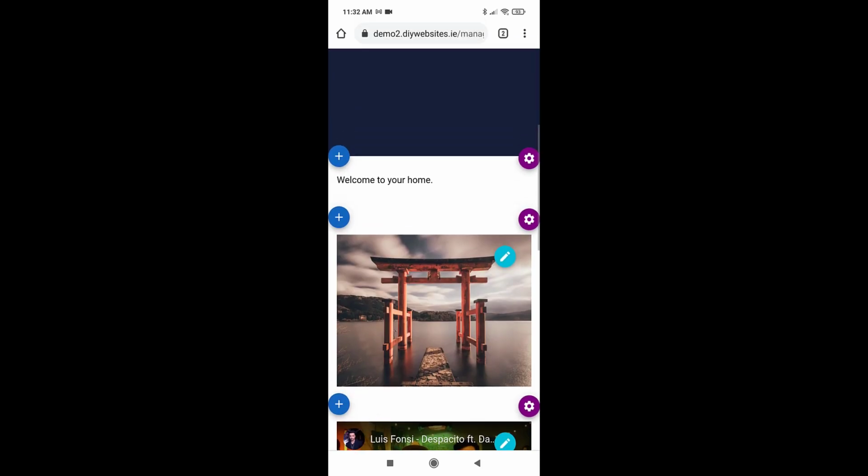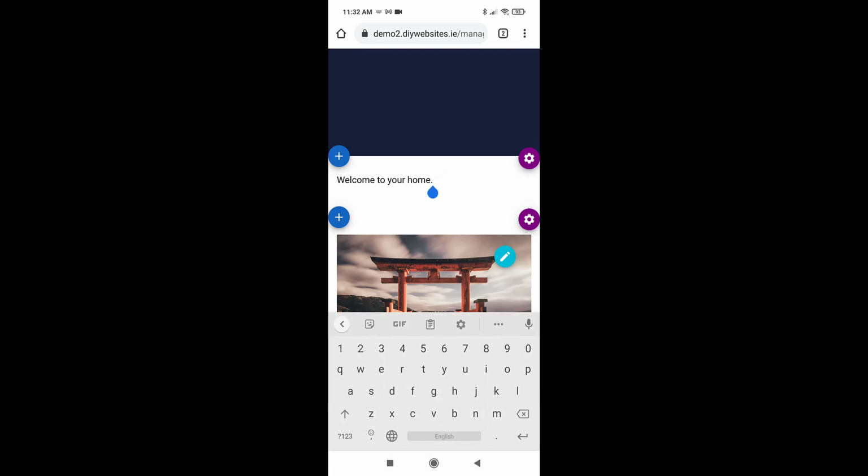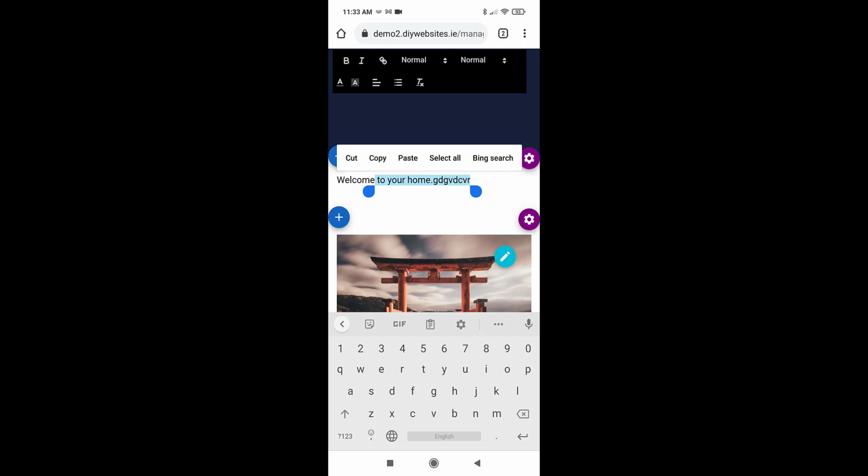Now I can also edit the text. Editing the text is simple. I just click here and I have the phone keyboard where I can type. If I select the text, I have additional options on top for formatting the text, and I can also use the Google